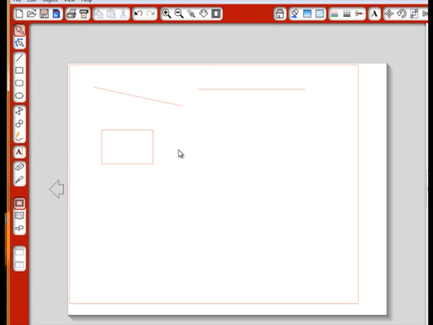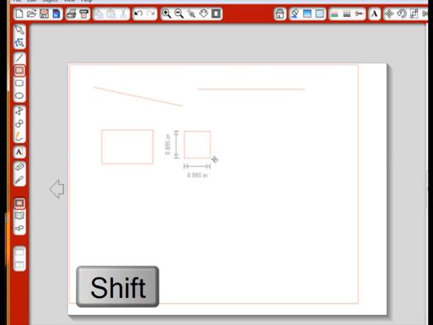If we prefer to draw a perfect square, we'll click on the Rectangle tool. If we click on the first corner, but this time as we drag the mouse, we'll hold the Shift key. And as we move our mouse and the shape is formed, it stays proportional so that we produce a perfect